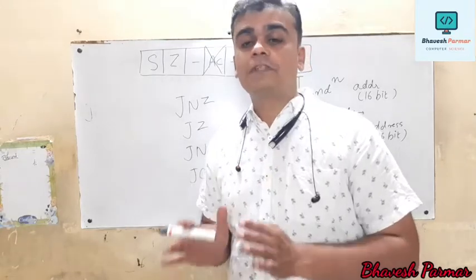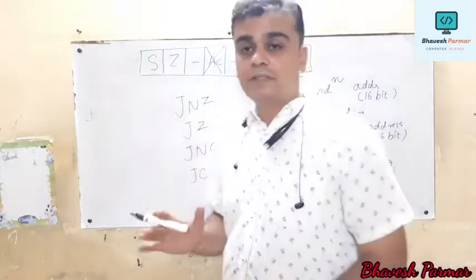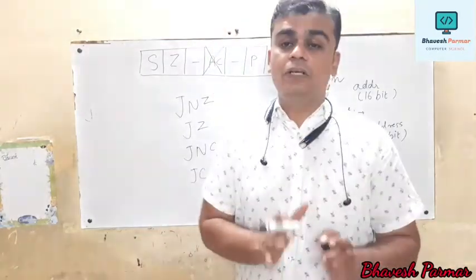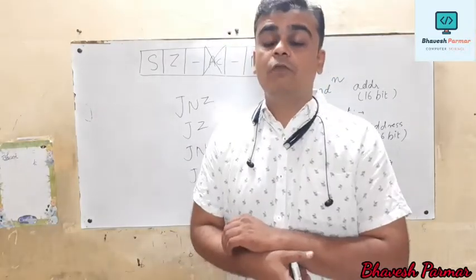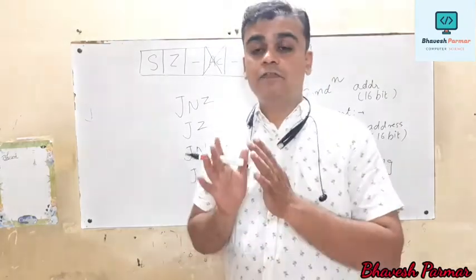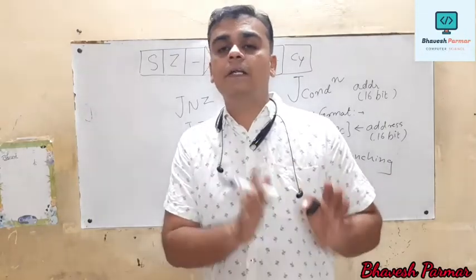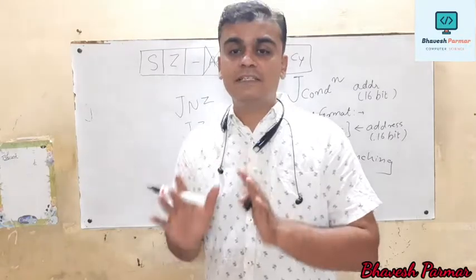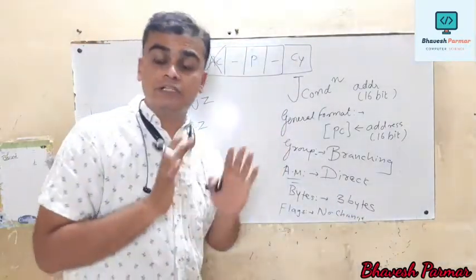So most of the operations, most of the programs depend on these instructions, when it gets changed, when it remains unchanged. In that scenario we have to execute the program. And what do these instructions actually do? They check the condition, and if it is satisfied, only in that scenario you execute a particular statement. Otherwise keep it unchanged, just keep it as it is. Is that clear? So this is all regarding the jump instruction.